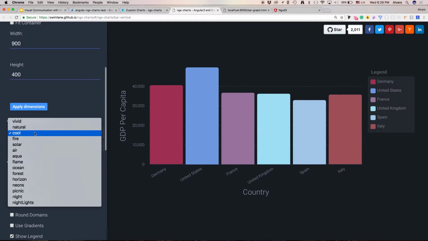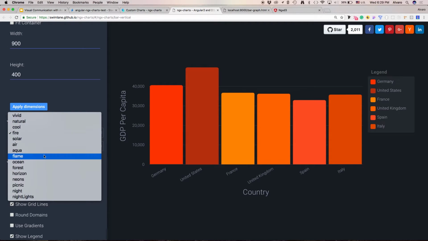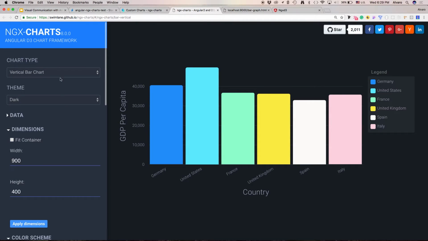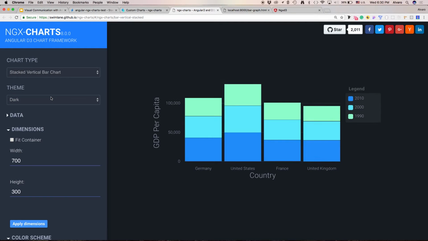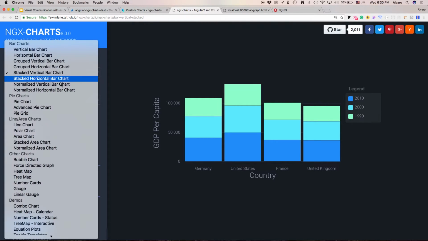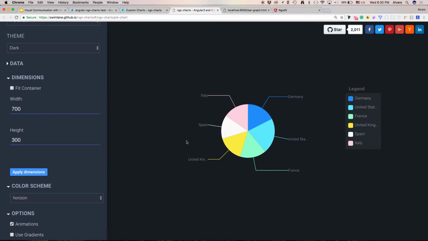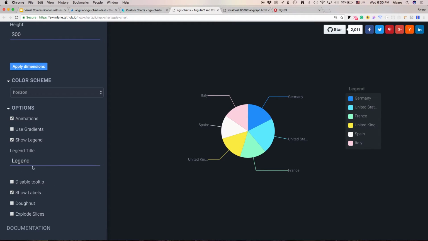It comes with defined colors, but if you want, you can create your own. You just have to pass an array. And it has all sorts of graph representations. So you could have the pie chart. You can have just a regular pie chart, and like you can see over here, you don't see a lot of difference between each slice of the pie. So what we can do is